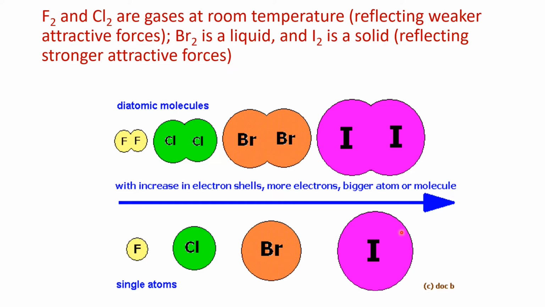Its valence electrons are less tightly held, and it can be easily distorted due to the presence of another dipole, which means that it is easily polarizable. If the atom is easily polarizable, the London dispersion forces are actually stronger in that case. While if I'm talking about the fluorine atom, it is smaller in size, and the valence electrons are tightly held to the nucleus, due to which they cannot be easily distorted due to the presence of another dipole, and they cannot be easily polarizable. The London dispersion forces for the fluorine atom would be weakest, which makes fluorine a gas and iodine a solid.